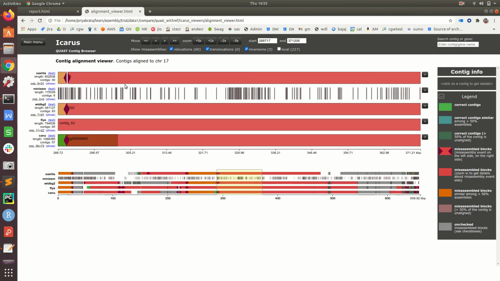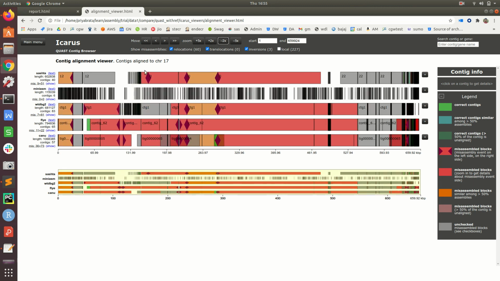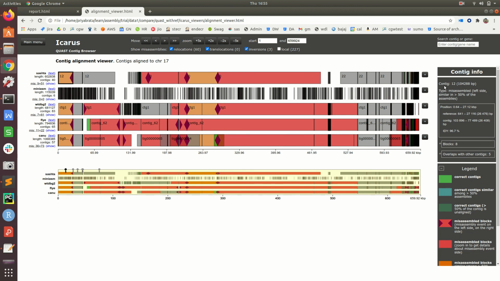Another one is the contig alignment viewer. How the contigs are aligned is very complex to understand, but it gives some idea of how the misassemblies are there. For example, this is one misassembly, this is contig 2, this has misassembled, and this is the type of misassembly. The correct contig is the green one, which has been aligned correctly on the reference.